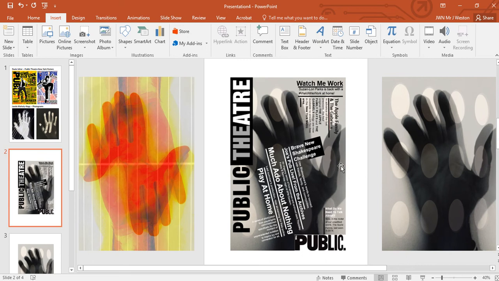You can see my Nagy photogram in the background there, which I've created using images of my hand that I took on my phone, and I've also incorporated one of the pattern images that I created. Then I have the Public Theater logo here in the bottom right hand corner, and I've created this typography based on the Paula Scher posters which we've just looked at. So I've used the lines, and bold text,